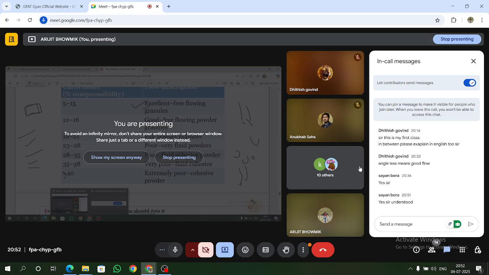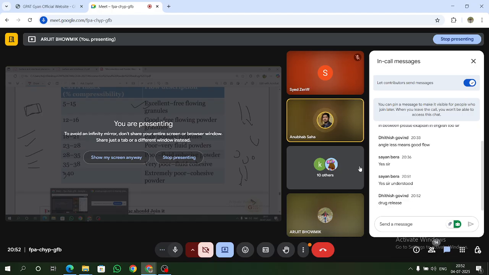Sir, can you repeat the question? Yes, I am asking what does micromeritics mainly affect in dosage form? Dosage form में उसका influence क्या है? ড্রাগ সলিউবিলিটি।